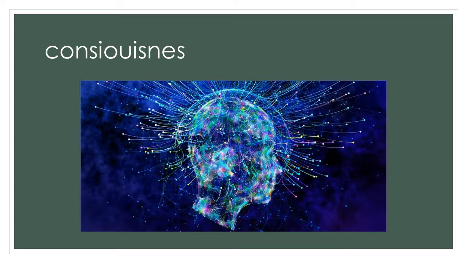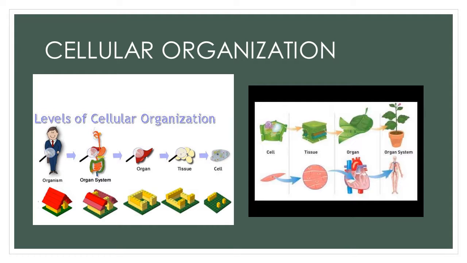These are the characteristics like cellular organization, reproduction, metabolism, homeostasis, that is the maintenance of body temperature. Cellular organization, that is cell, tissue, organ and organ system. Again, there is another diagram showing the levels of organization. Exactly, you can see. So this is found only in living organisms, and cellular organization is a defining feature of the living world.